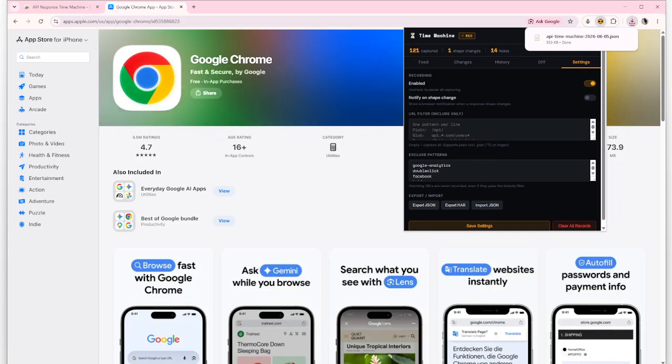Everything is actually stored locally in chrome.storage.local. This particular extension does not make any outbound network requests whatsoever. You do not need any server, you do not need any accounts, you do not need any telemetry. Your API traffic stays on your machine. So that being said,